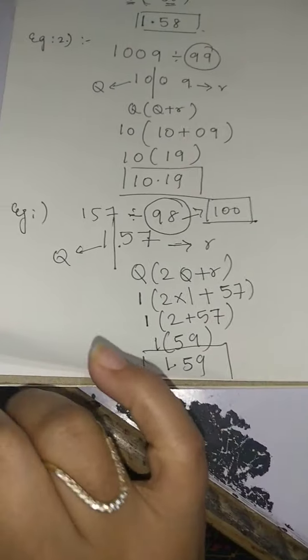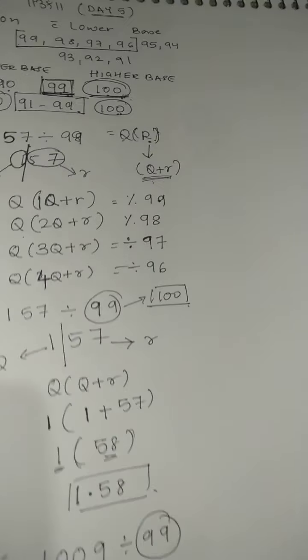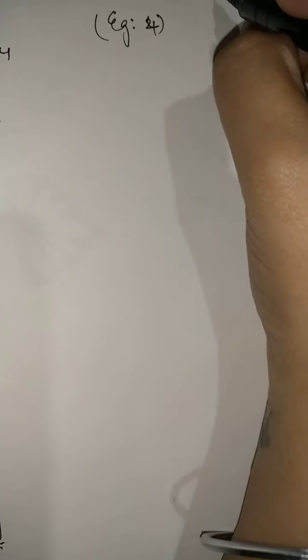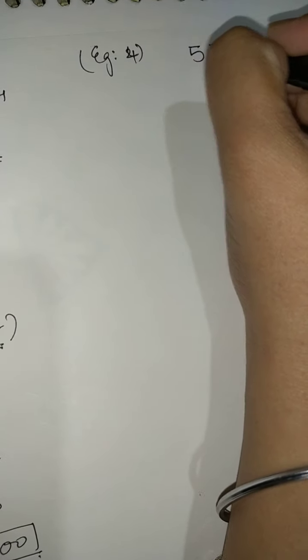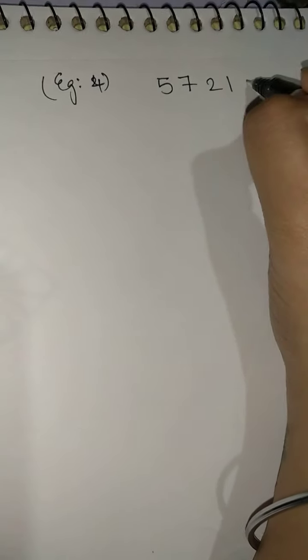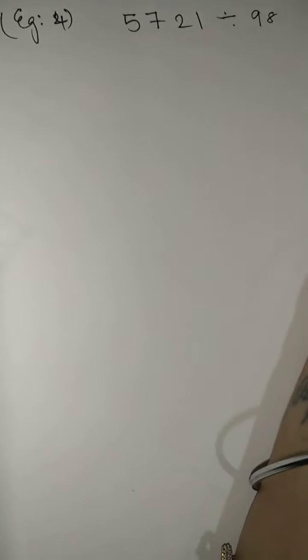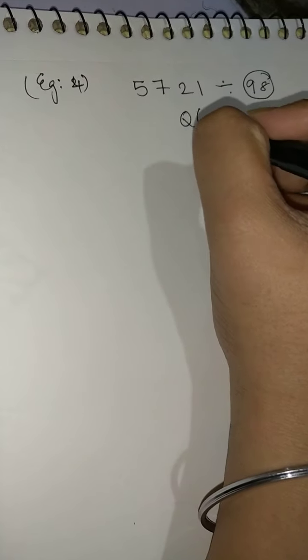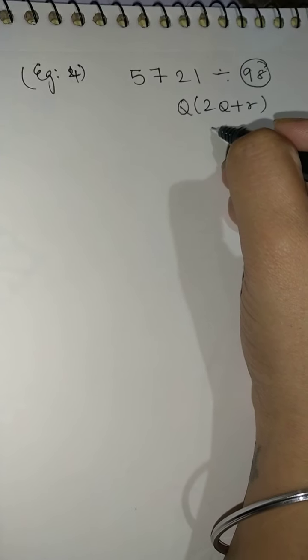Okay, so this was for that same sum. Now let me do one more sum. Okay, example 4, of example 4 only I'll write. Okay, one sec, I'll just clean my screen. Yeah, so example 4 is 5721 divided by 98. Okay, so now because it is 98, first tell me what is going to be the formula. Yes, q, 2q plus r. Okay, now